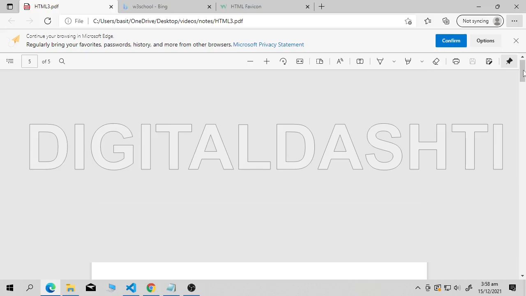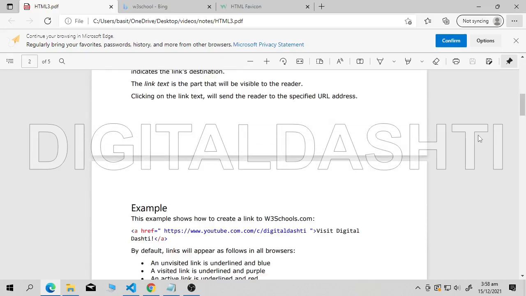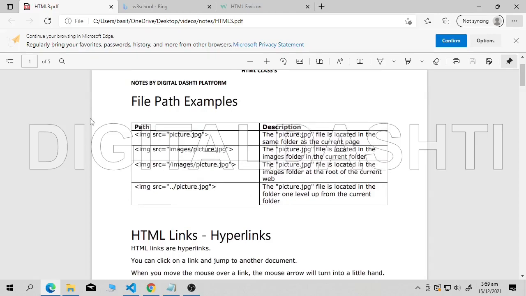So there are 4 cases I have written here. You can see the description is also there. The picture.jpg file is located in the same folder as the current page. This is the first case I have discussed with you.